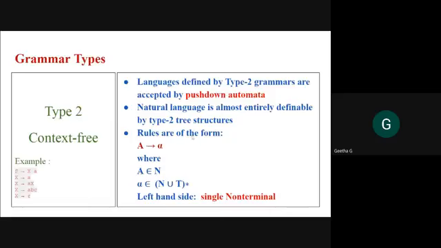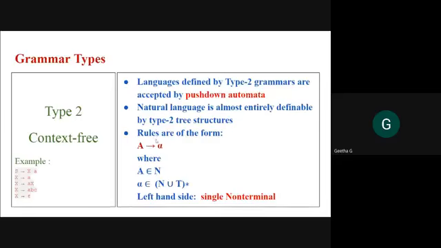What is the difference from the previous one? There is no restriction on the length on the right-hand side. On the left-hand side, only one non-terminal has to be present, a single non-terminal. Alpha is rewritten as alpha, where alpha has no restriction on length. You can have any combination of terminals and non-terminals. But remember, only if one of your productions has only terminals can you generate strings. That I already mentioned.